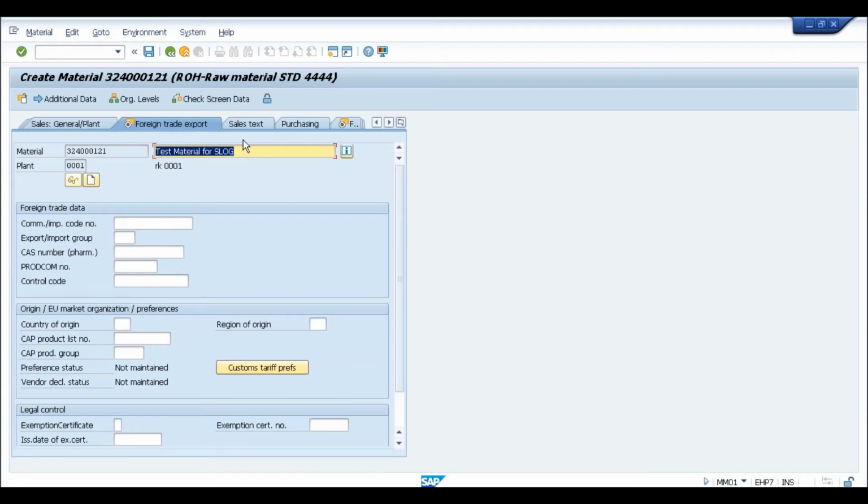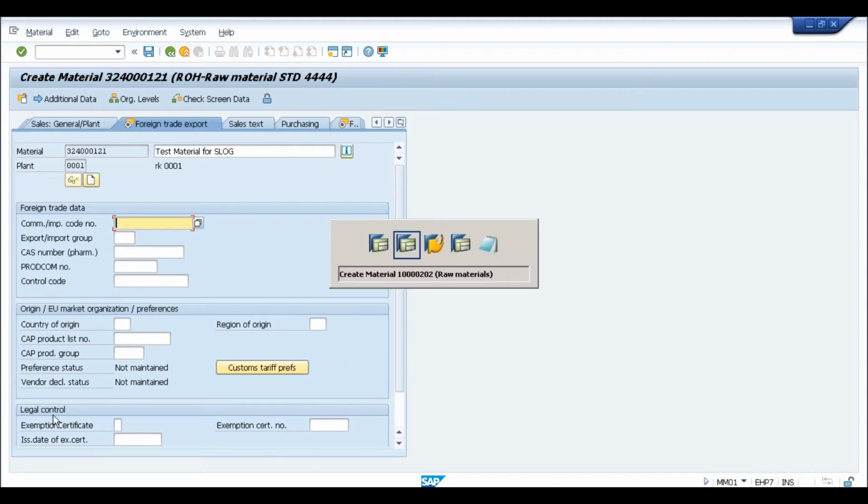Things like the EU market organization, preferences, and legal control, whatever you were entering there, are not at all available. Only this foreign trade data for the intrastate purpose and some very basic origin information fields are available.